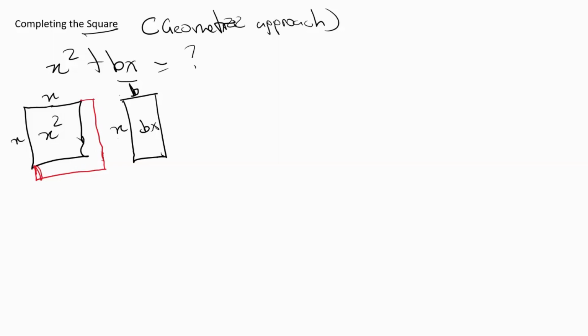So what we're going to do is to break this rectangle into two. So we're just going to split it into a half there, and when we do that, what we end up with is we're going to return this original square,